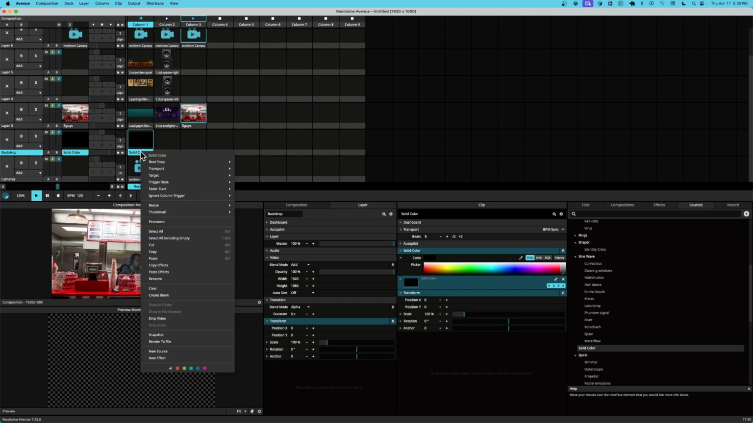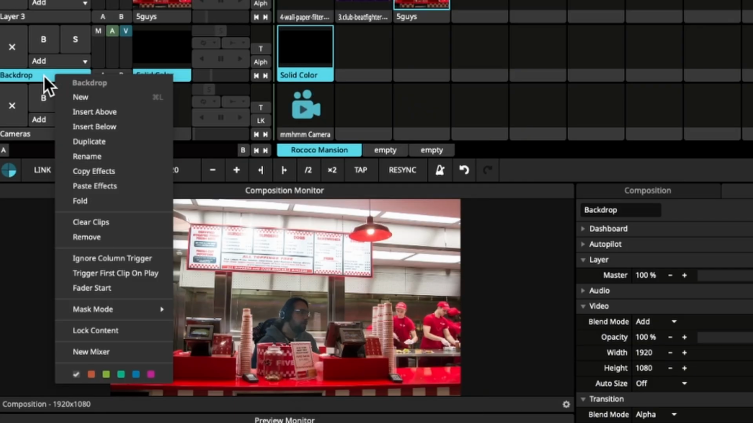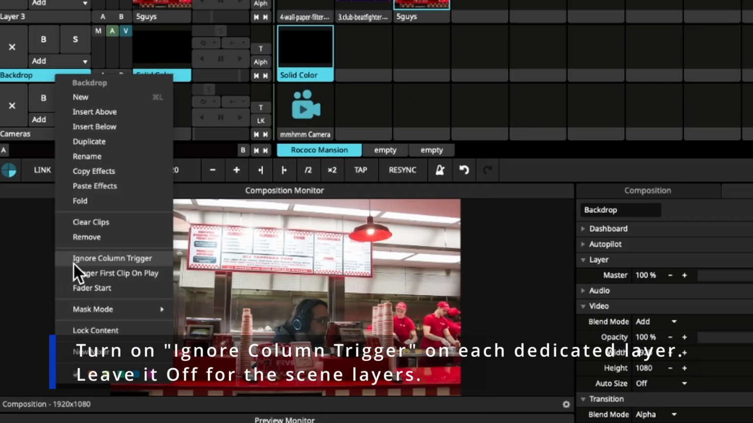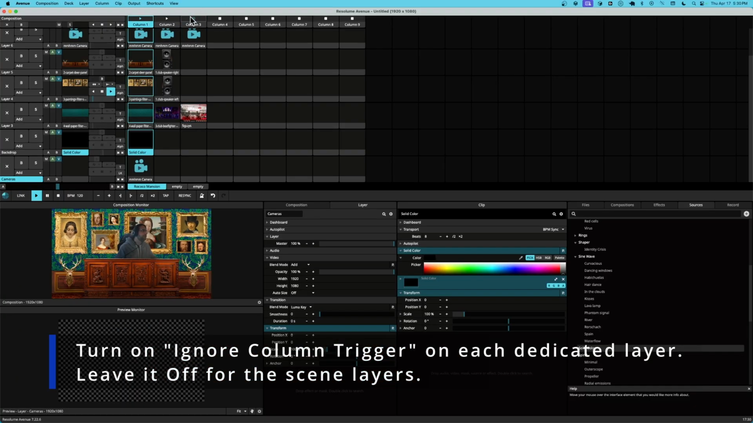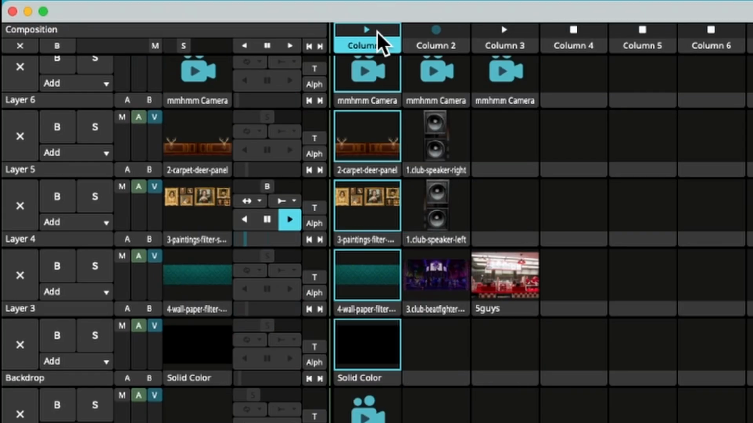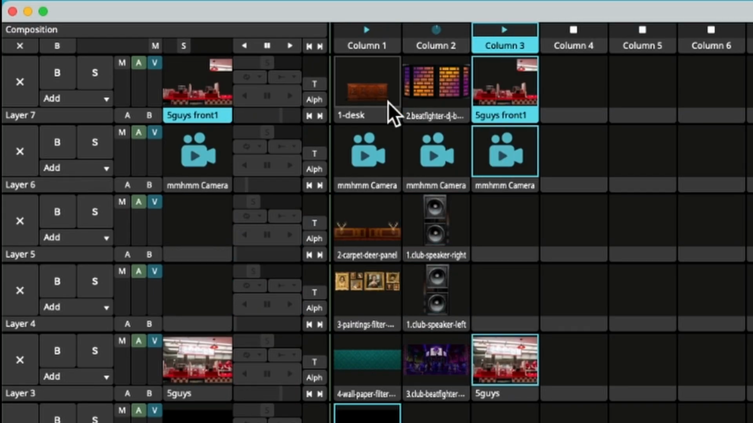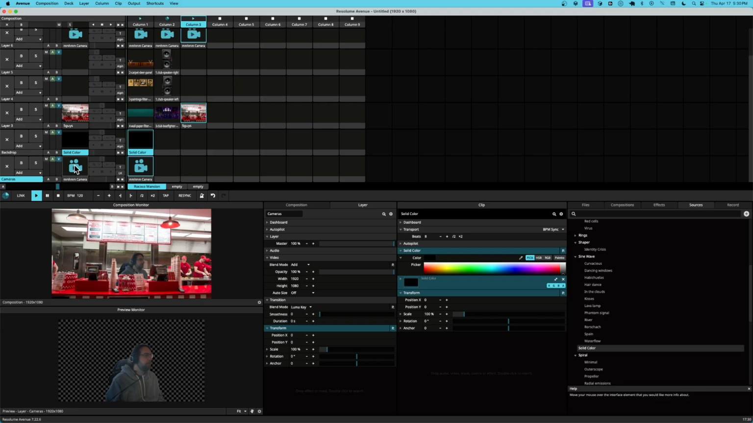We're going to right click on that layer for backdrop. We're going to click ignore column trigger, and we're going to do that for camera too. So ignore column trigger means we can hit the columns here without changing what's selected on that layer. So I'll pick the camera, I'll pick the backdrop,